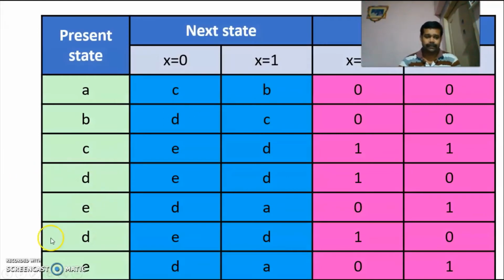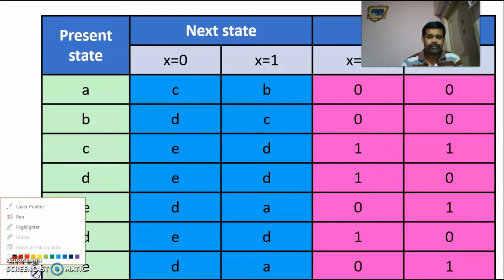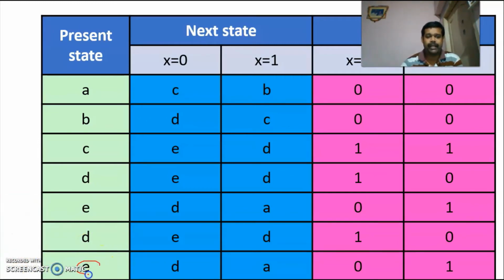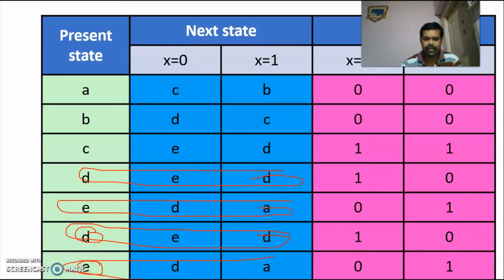So here, initially we have replaced F by E. Then, sorry, G we have replaced by E and F we have replaced by D. Now you are having two D's and two E's. So instead of two D's you have to take only one, and instead of two E's you have to take only one. So we have reduced the state table